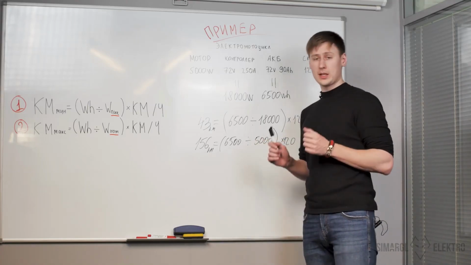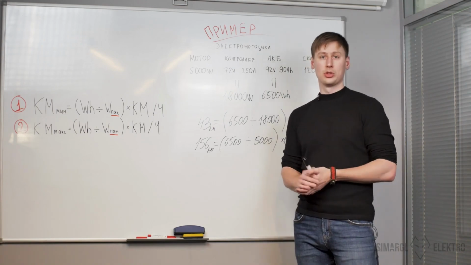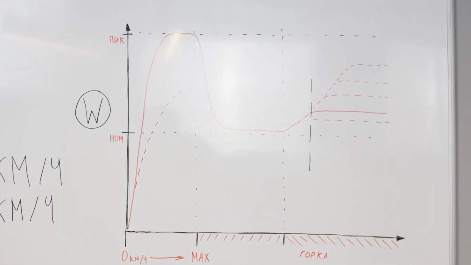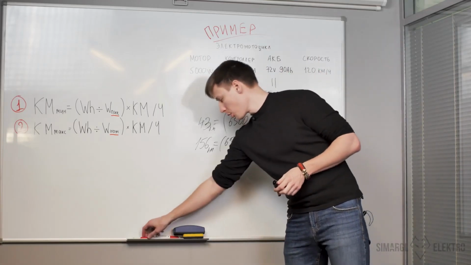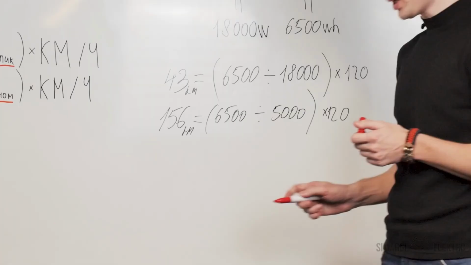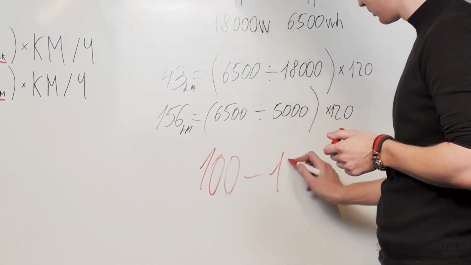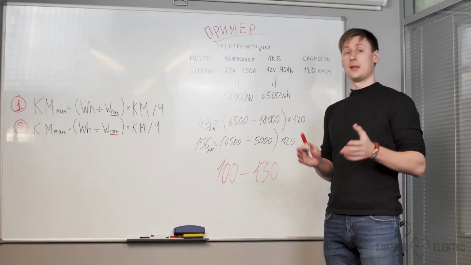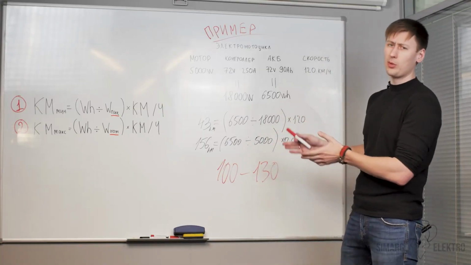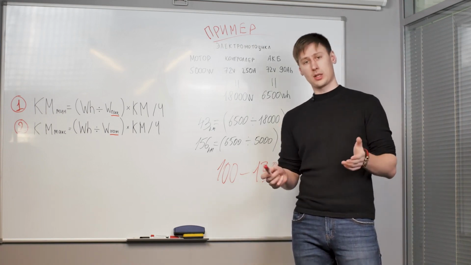You can already factor in a margin of error for your weight, your riding style, or the terrain, which I previously showed on the current consumption graph, into this number. But based on actual real-world riding experience, such a motorcycle is realistically expected to cover a total distance of somewhere in the range of 100 and 130 kilometers. Now, armed with this knowledge, whenever someone promises you an unrealistically high range on the most budget battery, you can confidently say,